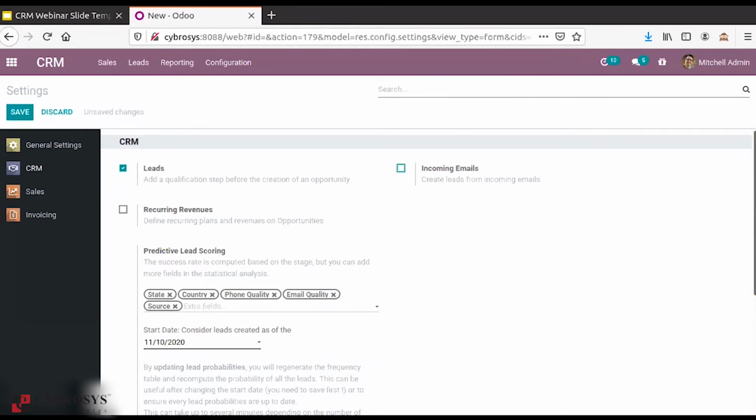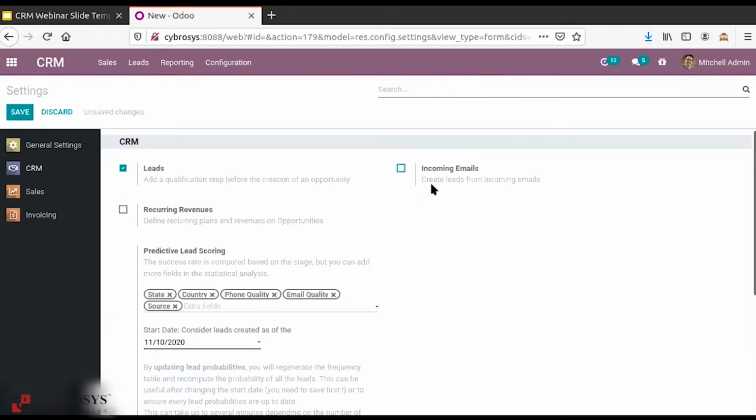That is, suppose your customer contacts you through the website. In the website, we have a module, or an application, called contact us. So if your customer contacts you through the contact us page, automatically that would be generated as a lead in Odoo CRM. It would automatically come under the leads options. Those leads created from the website would come over this option, and from here you would be able to see all those leads. So that is the second method to generate leads, through the website. The first one we discussed was incoming mails.